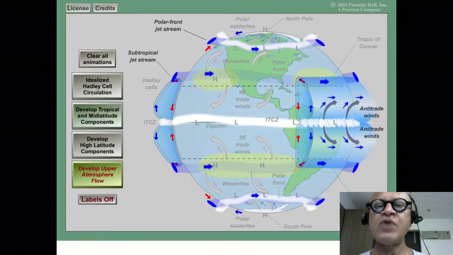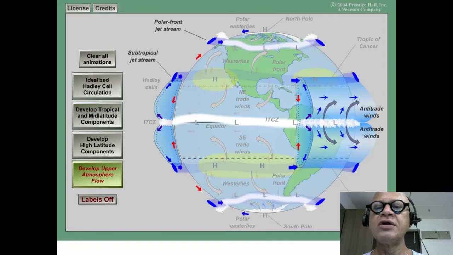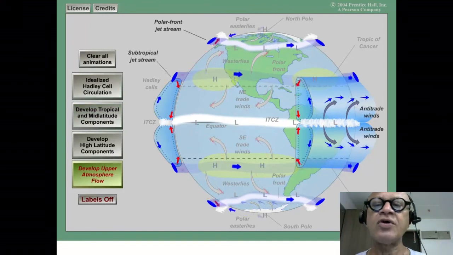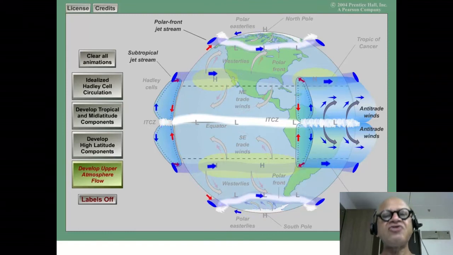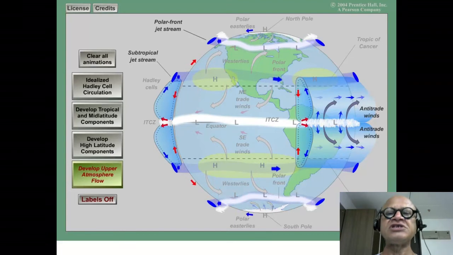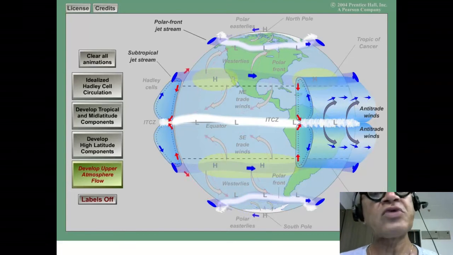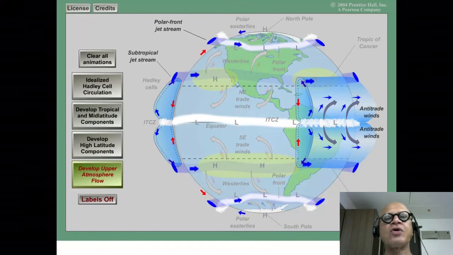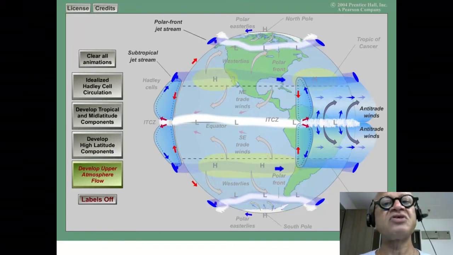So essentially you end up with a strong upper level jet. There is one called the Subtropical Jet Stream, which we don't talk much about except during the monsoon season, and the more well-known one called the Polar Front, or the Polar Jet Stream, which is really